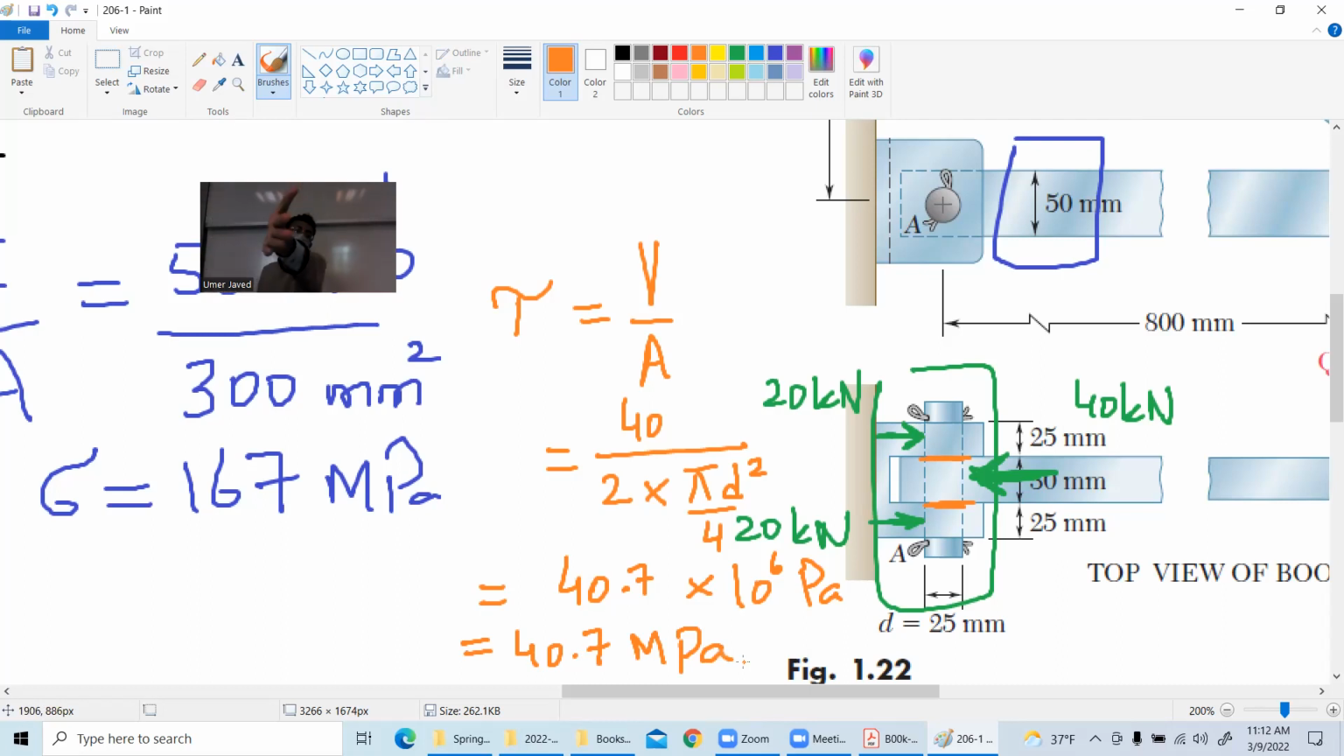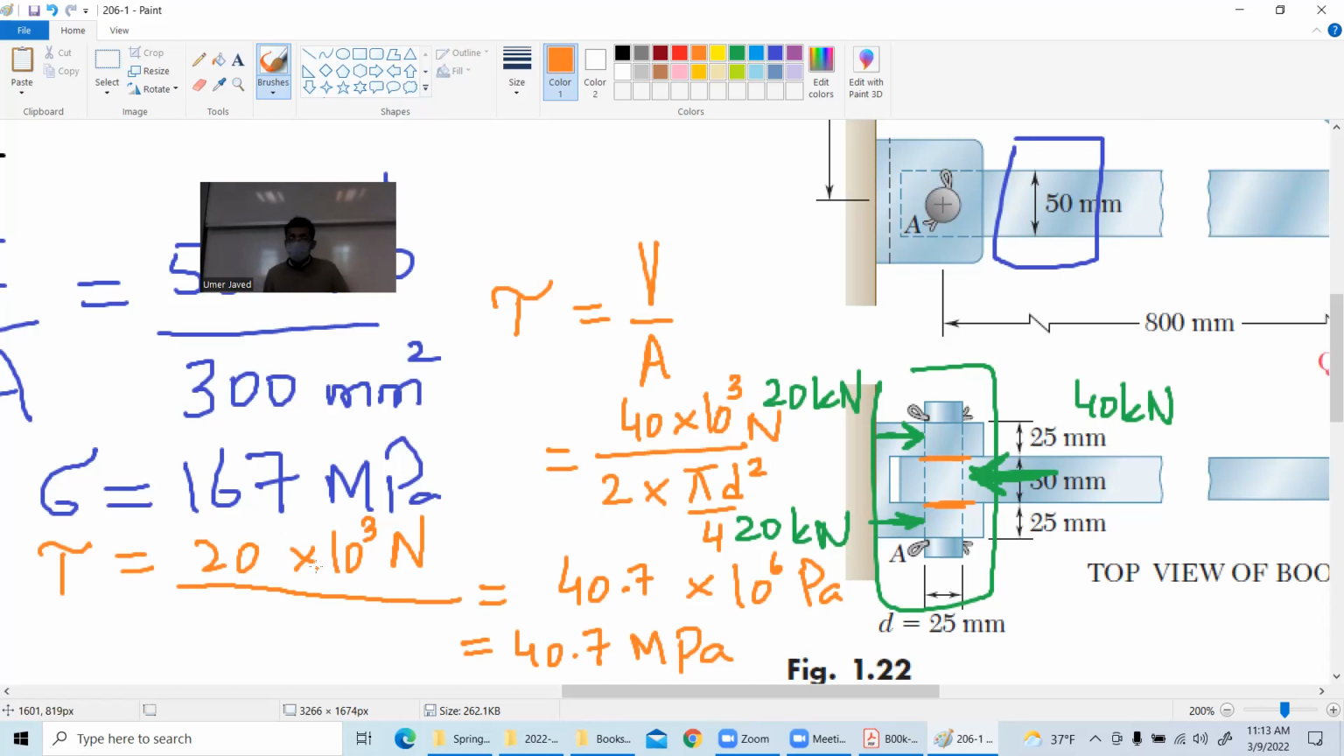This time we will follow the students who think it should be 20. Okay, what happened here? Why did I put a 40 here? Sorry, 40 into 10 power 3. I think that's why you said kilo. 40 into 10 power 3 Newton divided by, okay, 20 into 10 power 3 N divided by,